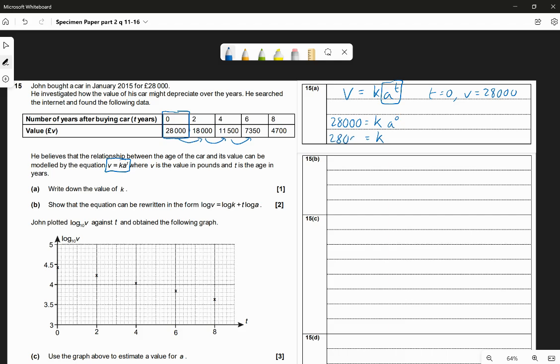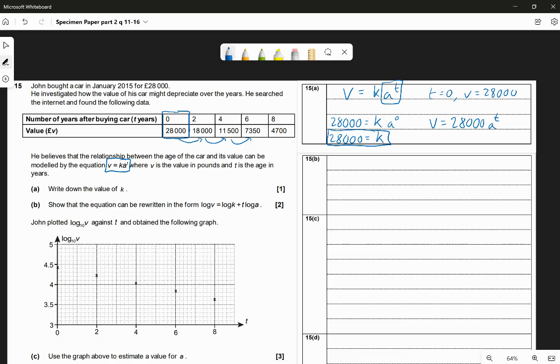So K is 28,000. That's the answer to my question, but I now know my equation is going to be V equals 28,000 multiplied by some constant. Like I said, if it was a 15% drop each year, it would be 0.85 to the power of the number of years. Okay. Part B: show that the equation can be rewritten in the form log V equals log K